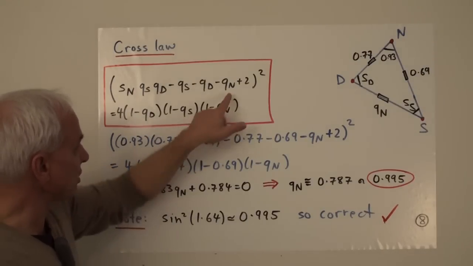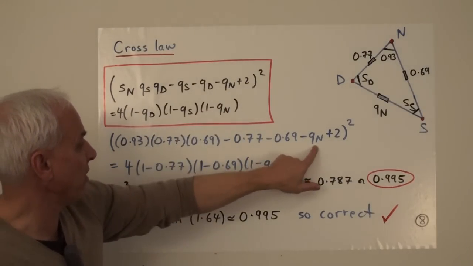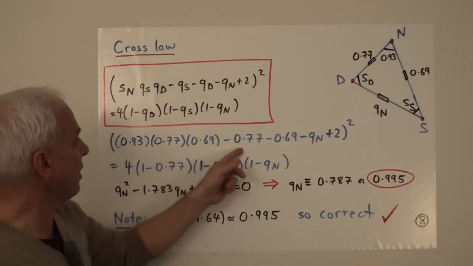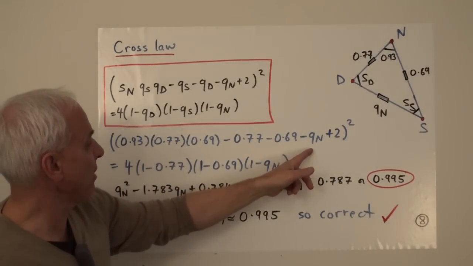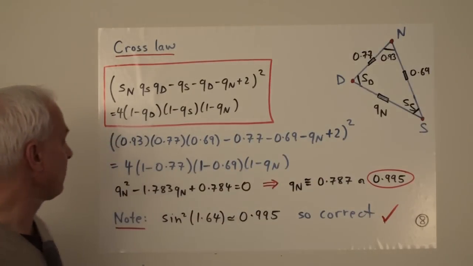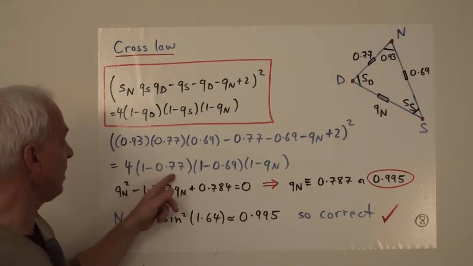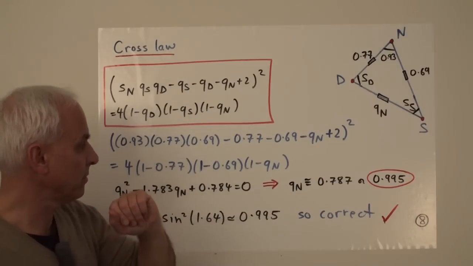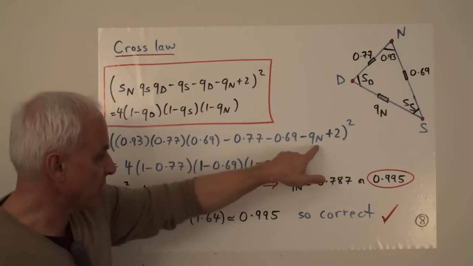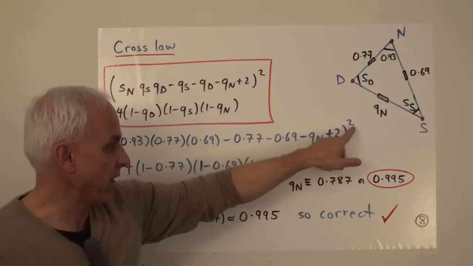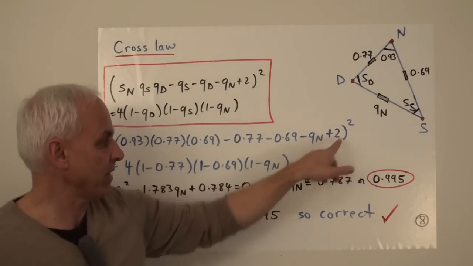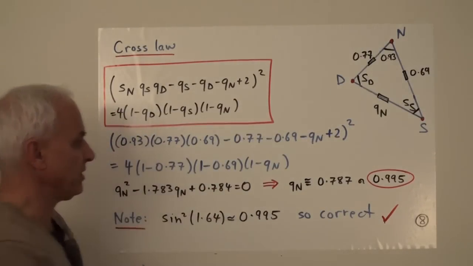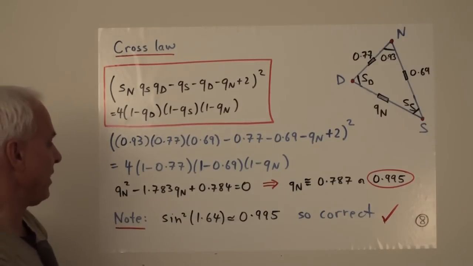The thing that we don't know is Q sub n, so there's going to be a Q sub n appearing there. There's Sn, there's Qs, Qd, Qs, Qd minus Qn plus 2 all squared is 4 times 1 minus Qd, 1 minus Qs, and the unknown 1 minus Qn. So Qn appears there, and there is a quadratic equation then, because that term's squared. So we just calculate what's inside, expand it out.